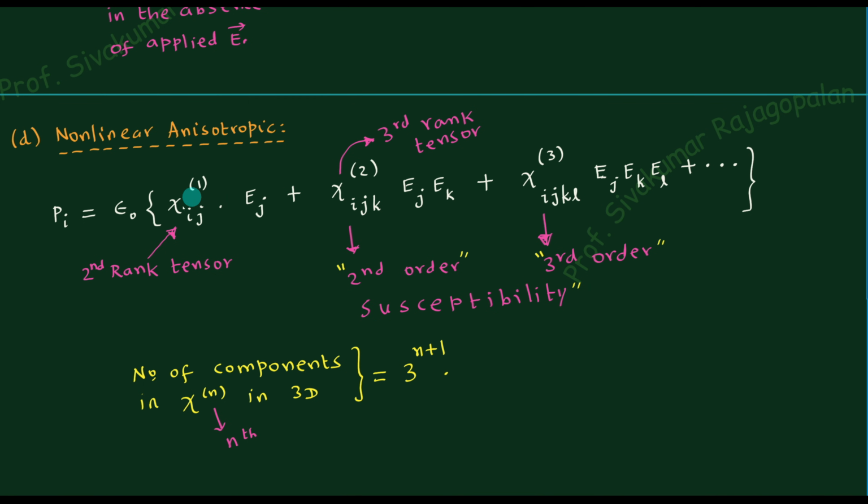First of all, come here. Now what you understand is that let us not worry about the polar, non-polar. That's why I didn't write P0. It is optional. Whether you write it or not depends on whether you are going to bring the polar material or not. So forget about the P0. And coming to the first, this is known as the first order susceptibility.